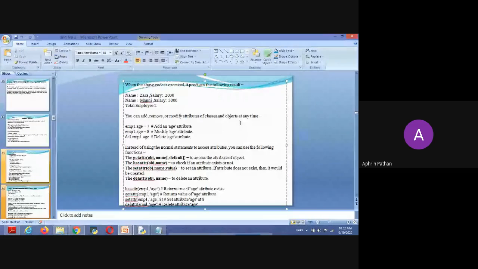अँड मॉडिफाय द अट्रिब्यूट्स ऑफ क्लास अँड ऑब्जेक्ट ॲट एनी टाइम. येस, सो एम्प्लॉई 1 डॉट एज इज इक्वल टू 7. दॅट इज एज हा 7 हा एम्प्लॉई आपल्याला ऍड करायचा आहे. दॅट इज ऍड एज अट्रिब्यूट. Then employee 1 dot age is equal to 8. Instead of 7, modify the age attribute. Then delete the employee 1 dot age. We delete age